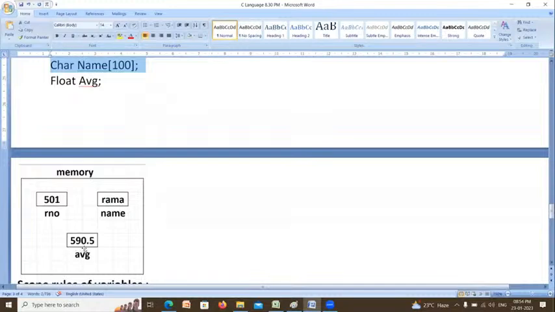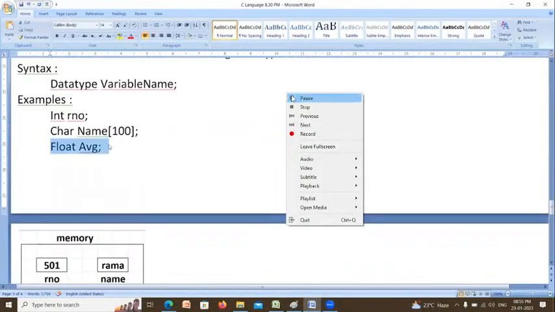Next one is average. Average is having a point. With a decimal point, you can take float or double. Float average or double average also you can take. But here I used only one precision. To store only one precision, double is a waste. Float is enough. So I am using float. So in this you can create the